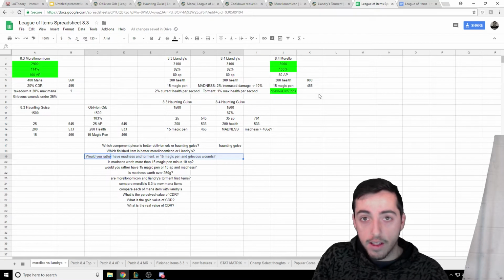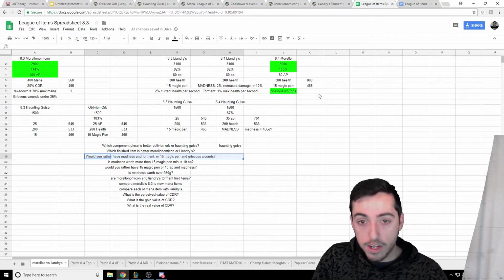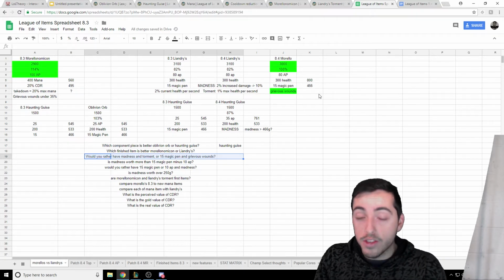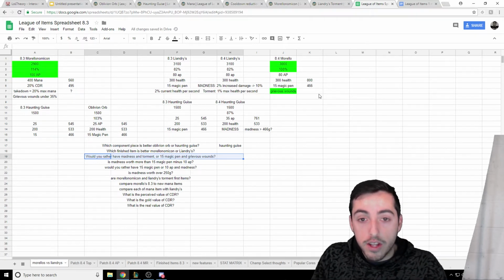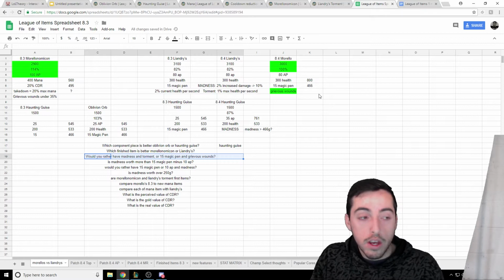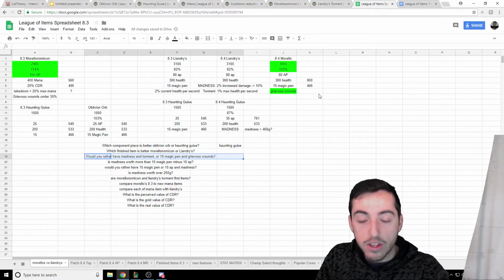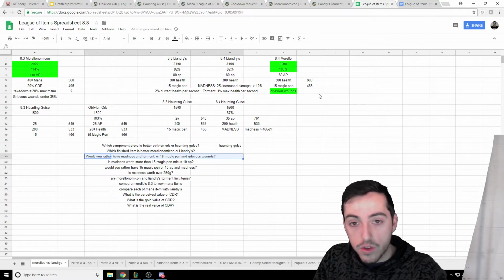And I've already said that I think Madness is straight up better than 15 Magic Pen. So first let's consider, is Torment better than Grievous Wounds? Yes. In a pure damage sense, Torment is better than Grievous Wounds. Grievous Wounds is very situational. You need to be against a team with a ton of healing. And in those games, yes, I think Morellonomicon